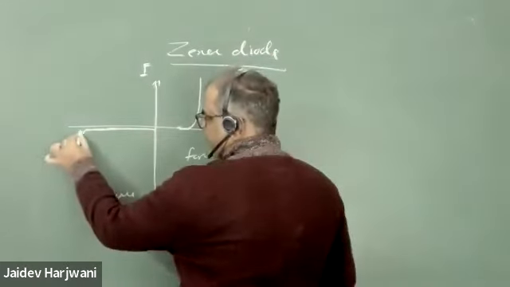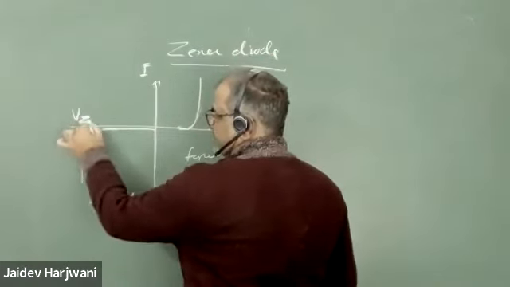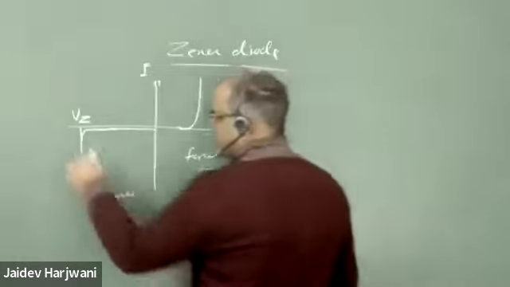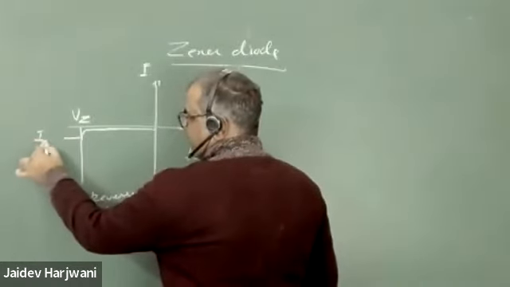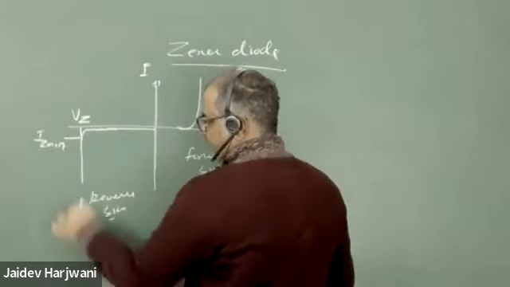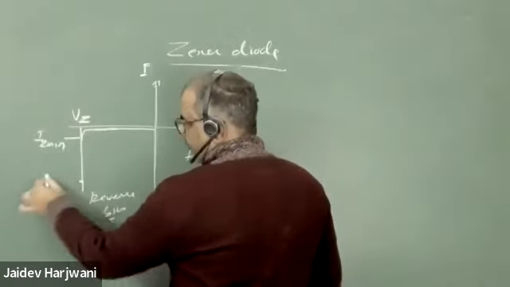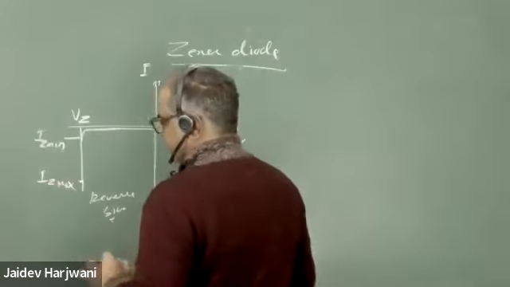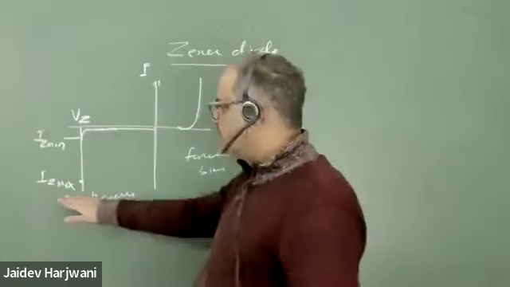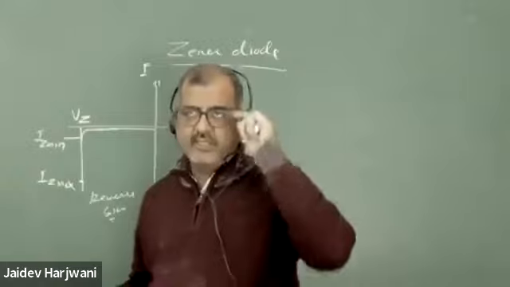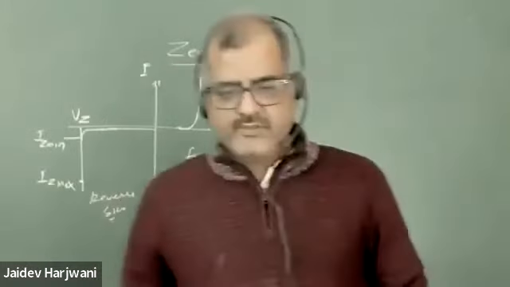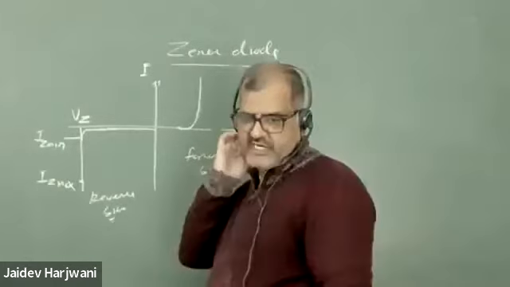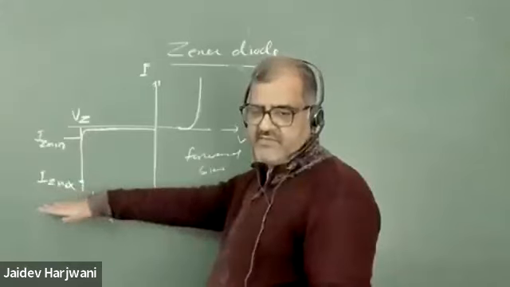So whenever the diode is in the breakdown region, there will be some Zener breakdown voltage, which we call VZ. And there will be some current flowing in the circuit, say IZ. I call it IZ minimum, and it can flow up to IZ max. Current can flow from IZ minimum to IZ max. If current goes beyond IZ max, the diode will burn out. So there is a performance parameter for the Zener diode. A Zener diode comes with a maximum